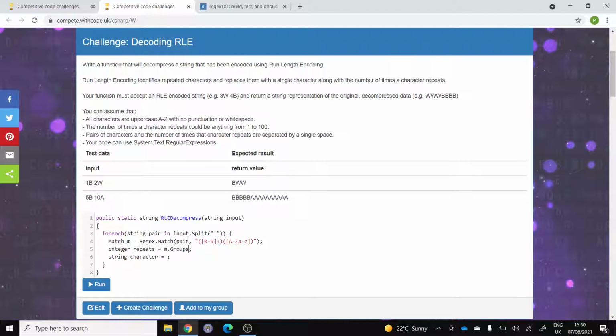So m.Groups[1], so remember group 0 is going to be the whole thing. Group 1 is going to be the number, so we'll get the value there. This group is going to be a string, even though it contains numerical characters, we're going to need to convert it to an integer explicitly. So int.Parse. There we go. But this time, because we just want a string anyway, and the output from our regular expression matches a string, we don't need to do anything with it. We can just do